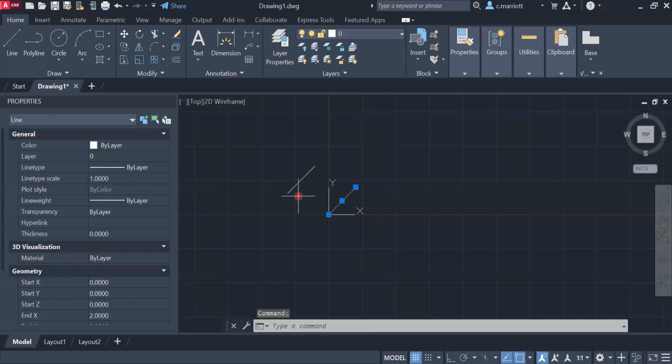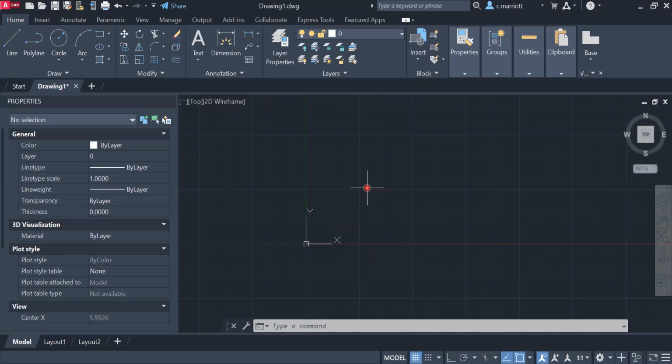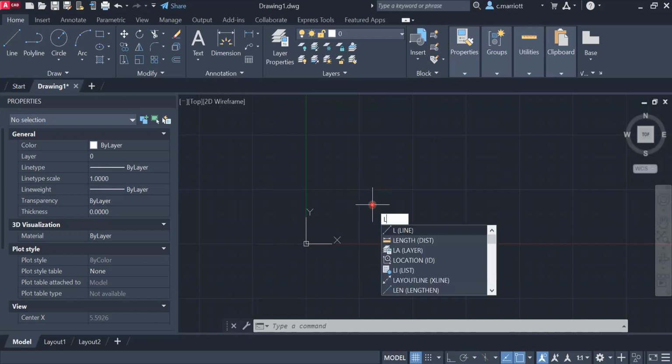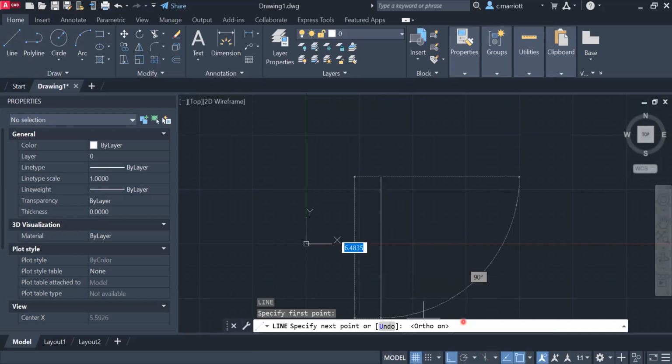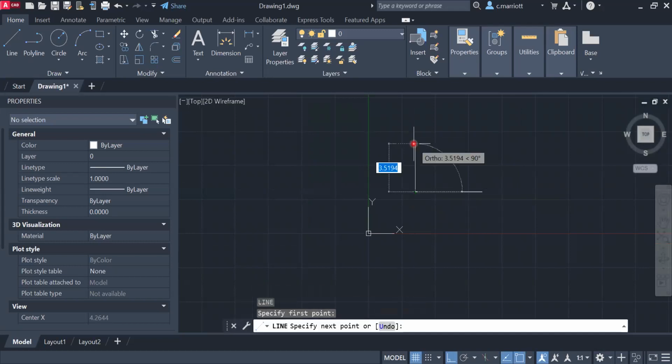Right now, I didn't specify an angle in that case, but before I go into working with the angles, another way to input a line in AutoCAD is using the line command. Click a point, and right now the ortho setting is not set. If I want this to be a horizontal line, I need to turn that on, and I can input a value to generate the line and press enter to leave the command. Same way with the vertical lines, I can click a point, give it a distance, and then enter to exit